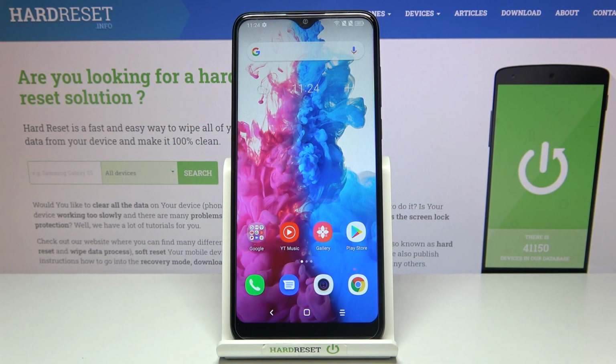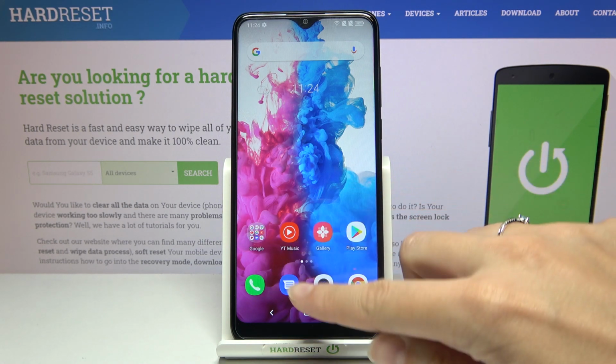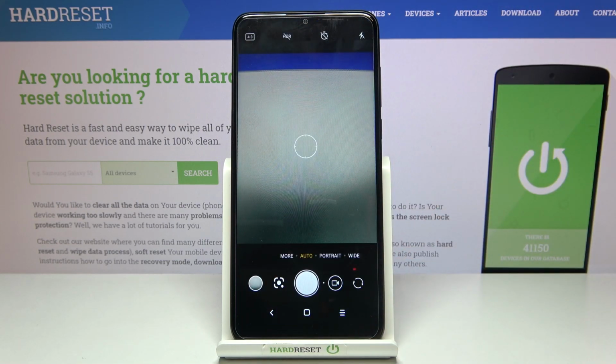Welcome, here I've got Essential B Hey You 60 and I'm gonna show you how to change aspect ratio in the camera app on this device. So let's start by tapping on the camera button to open it,